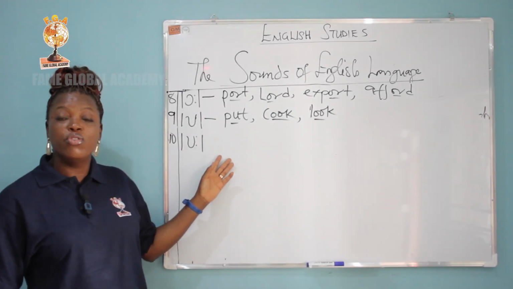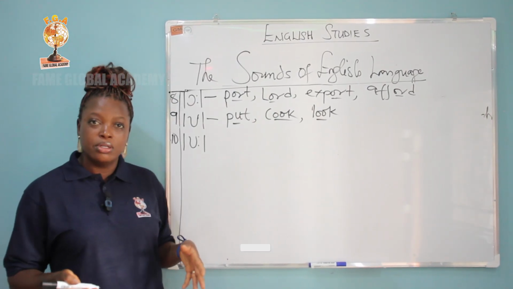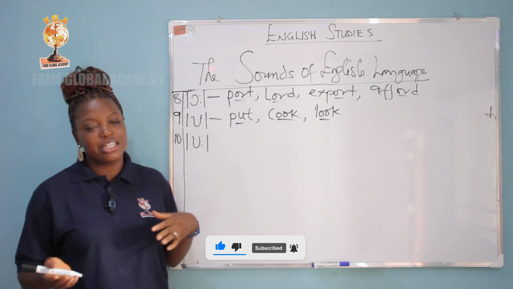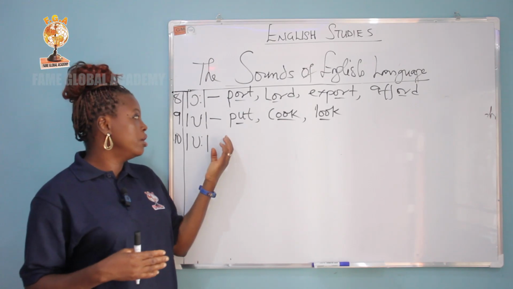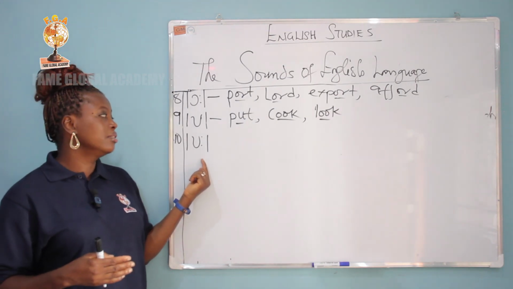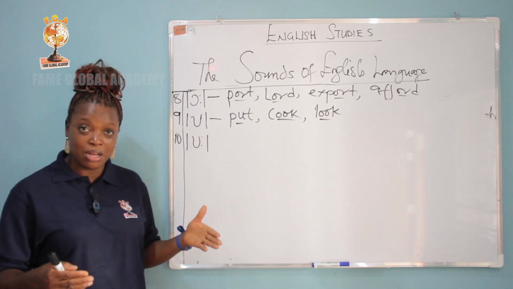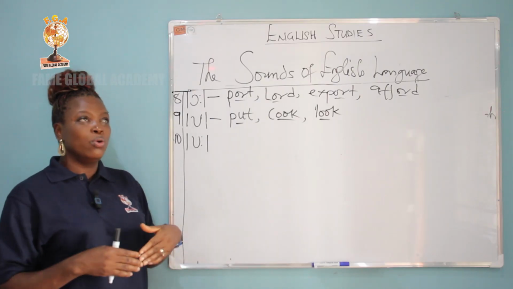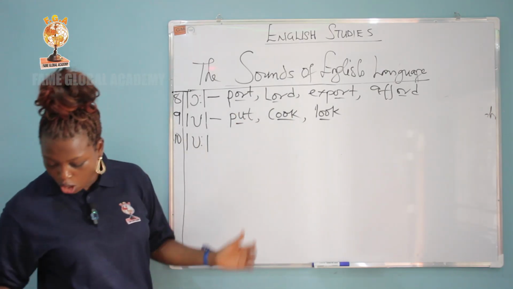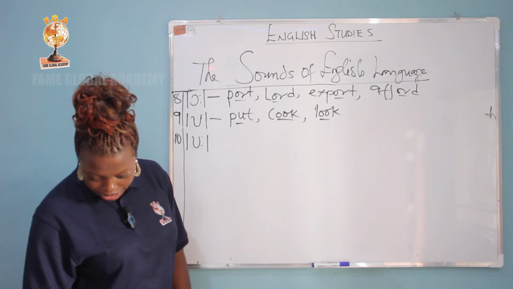So now I'm moving to the next vowel sound, which is the long U sound. Remember that the short and long vowels are almost the same, but the difference, like I said earlier, is that one is identified by the colon beside it, while the other difference is in the pronunciation or the production of the sound in terms of length. We pronounce the long one longer than the short one. So we have the long U sound, and the long U sound is present in words like